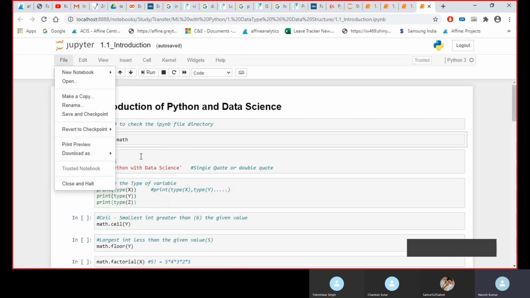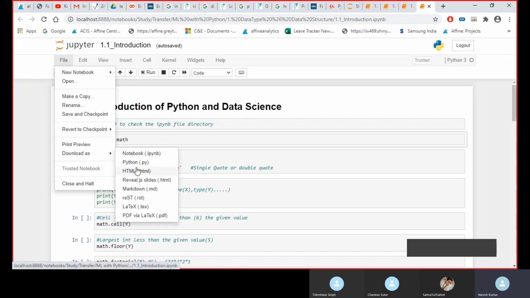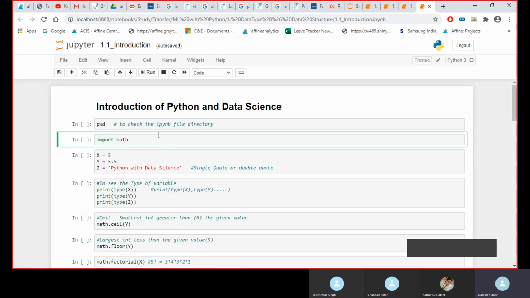These are the three formats I have used. I heard that if you want to download it in PDF format you can try this, but when I downloaded it, it did not come in the correct format. But these three formats I have downloaded and they come in the correct format. And the shortcut to run this is Control Enter. If you do Control Enter, it would run.